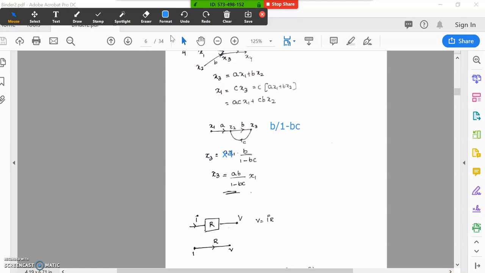signal flow. And next, coming to the next one here, this is if we have a block here like this, then this block